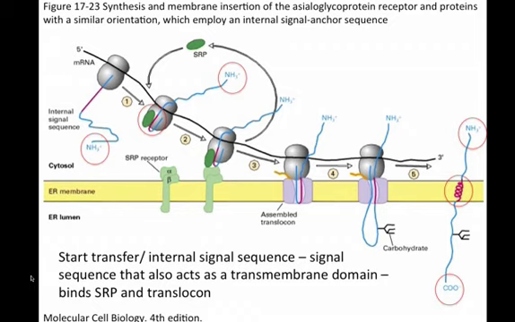And notice it's not cleaved, and so the amino terminus of the protein stays on the cytosolic side. The ribosome continues translating the protein down, and the carboxy terminus ends up on the luminal side of the membrane,